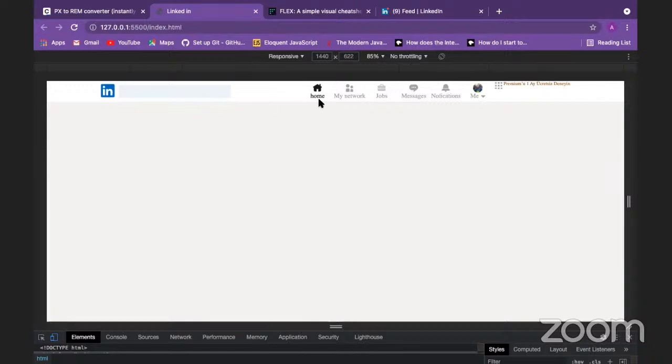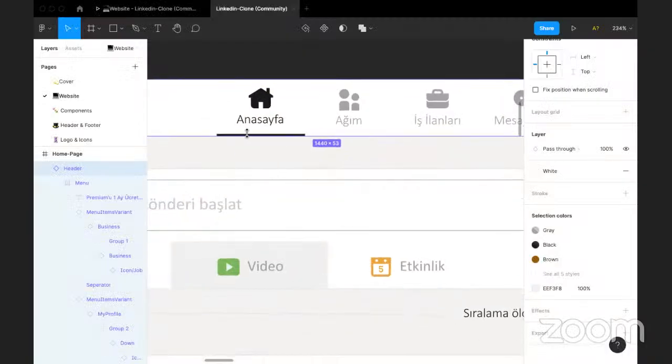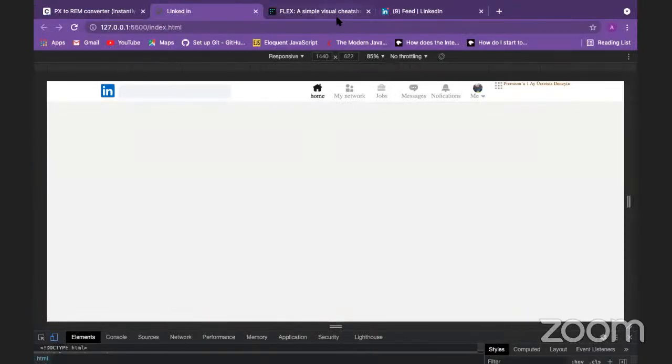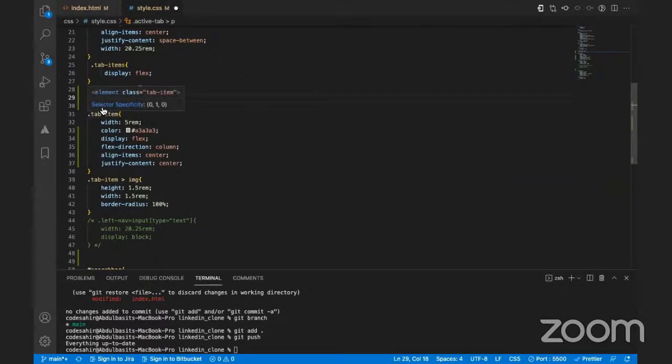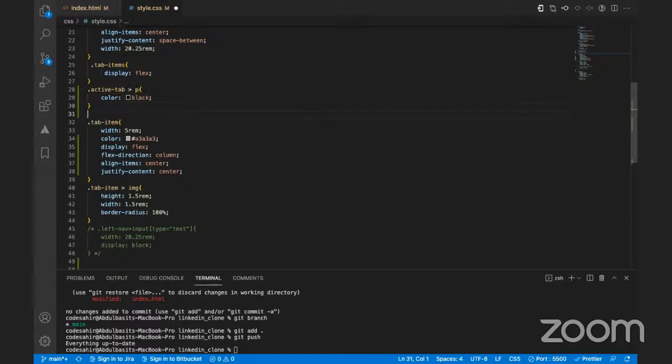So one more thing we need to do, one more trick, is to bring this underscore, this one here, for the active tab. Now, there is a CSS trick I want to show you, which is the after and before. So we'll use the after for now. Since we only want this to happen to the active tab, we can say dot active after. So that means after the active,